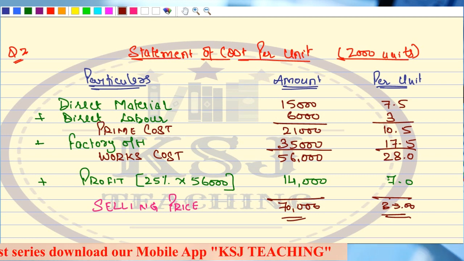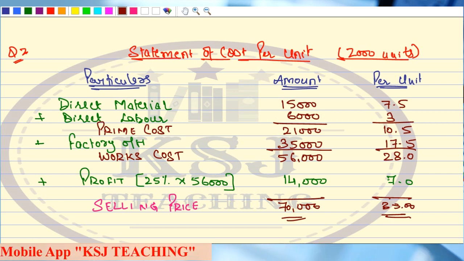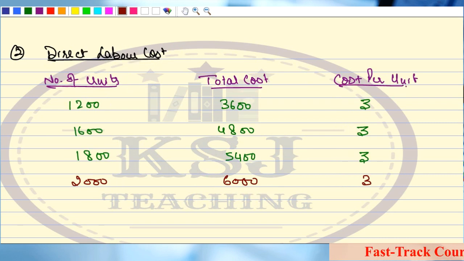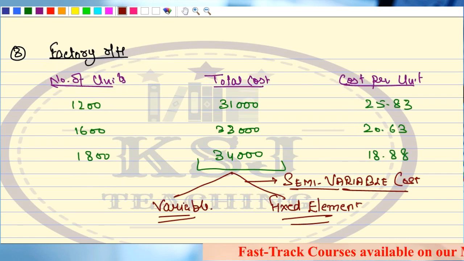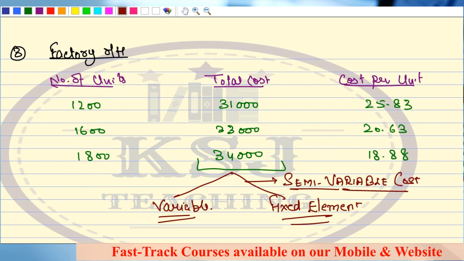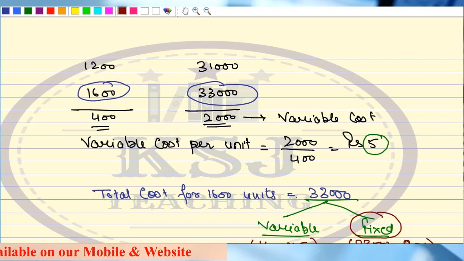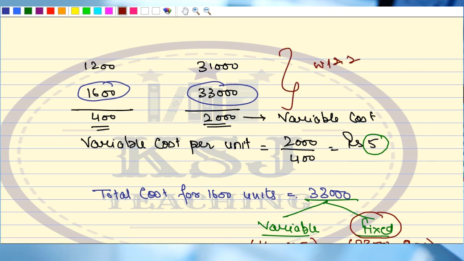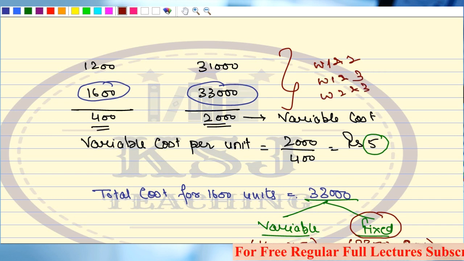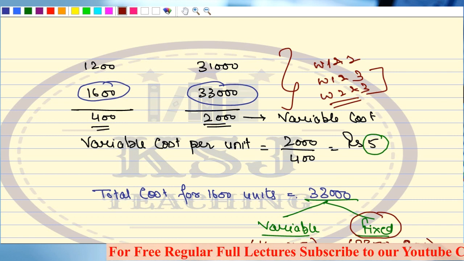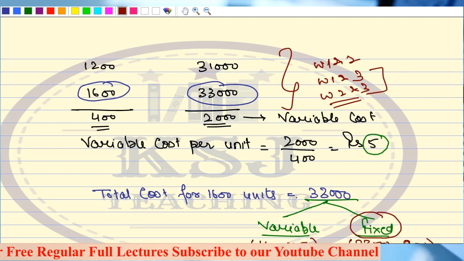So this is an important question. If we talk about the unit costing, this is a very good question which often creates confusion, I can say. Right, so this is how you have to solve it. Calculate the direct material, direct labor, and this is the most important part, the factory overheads, calculation of the semi-variable cost. See, I have taken here week 1 and week 2. You can solve it by taking week 1 and 3. You can solve it by taking week 2 and 3. You can solve it by any method. The answer is going to remain the same.